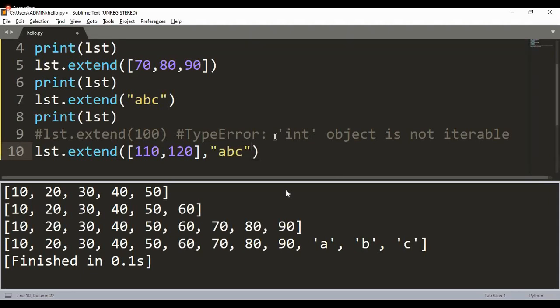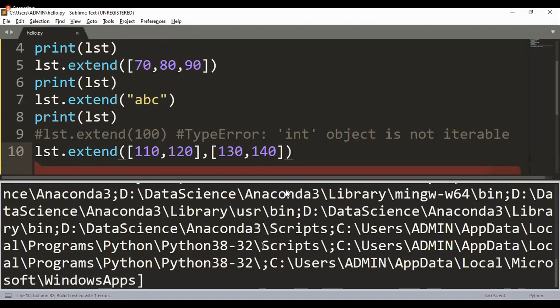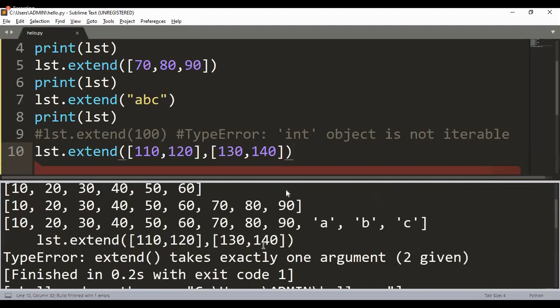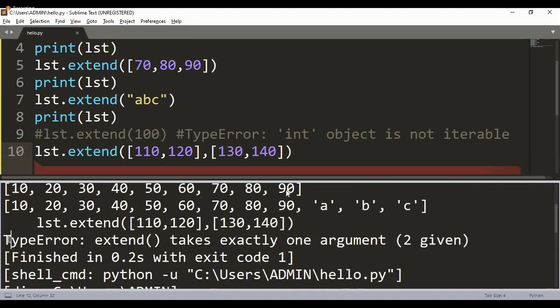Tell me, are both of these iterables? 100%. Even a list is an iterable, even a string is. If you're getting confused with the string, let us take the example of another list itself, maybe 130, 140, for the sake of simplicity. Am I giving the inputs to my extend method in the form of iterables? Yes. But then how many inputs am I trying to give? How many arguments? 2 arguments. Let us see if the extend method would accept this. If I would execute the program, as you can see, again we have got the same error that we had received for the append method.